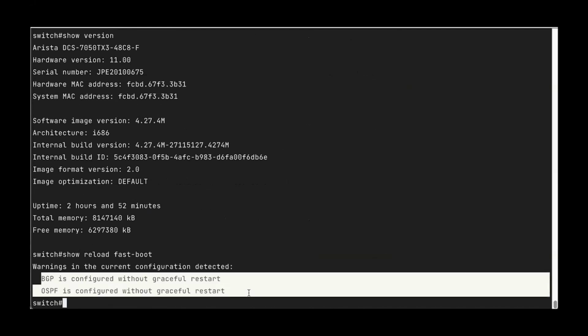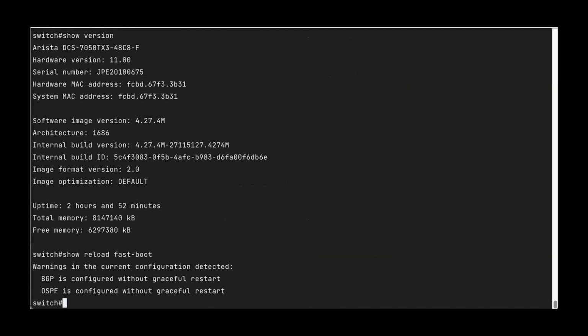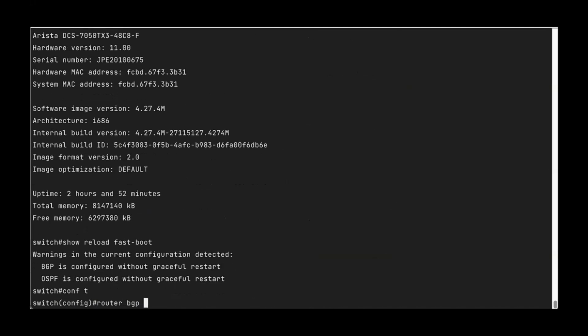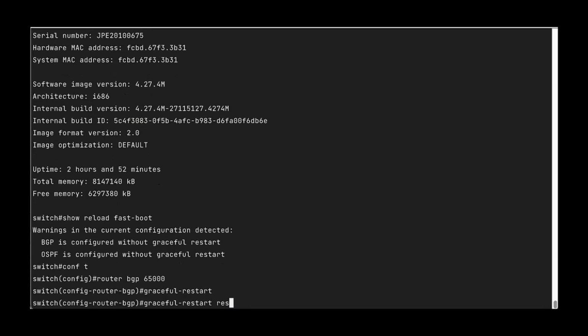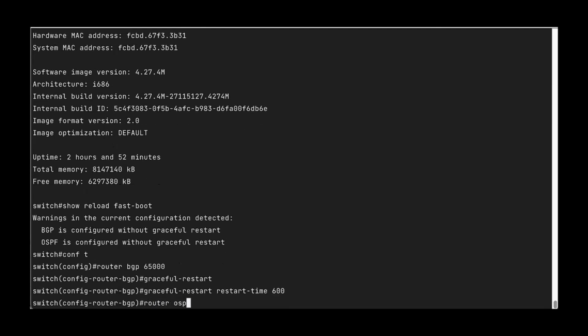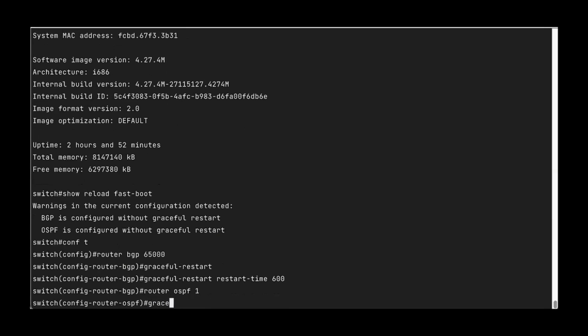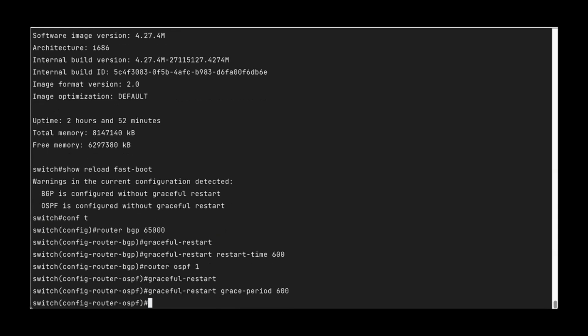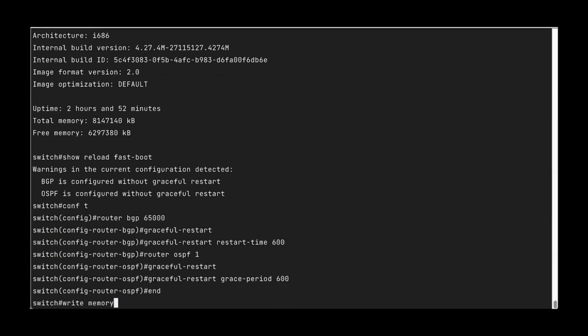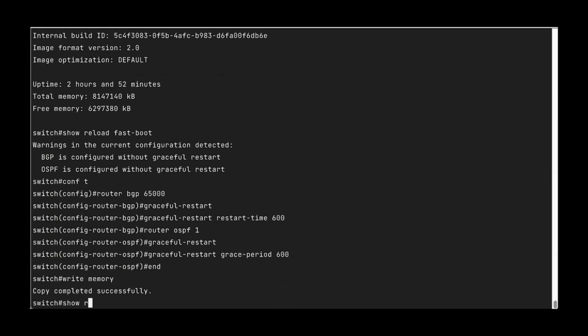And like I said, BGP and OSPF without graceful restart are super common reasons to have it kick an error or a warning. Big caveat with graceful restart on BGP is it will restart your BGP connections because BGP has to negotiate graceful restart. Don't configure these without knowing what the impact could be and making sure it makes sense for your environment. Again, I'm in a lab environment, so I can get away with it, but make sure you check that yourself.